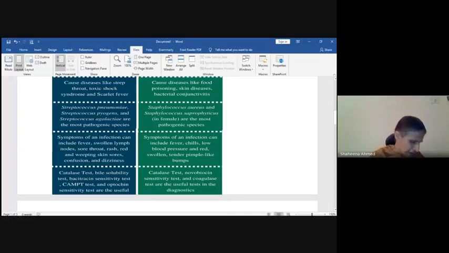Let me see if we can find some more differences also, because this is important. You have to know these differences so you can distinguish between these two very similar microorganisms. Okay, we have basically covered all of this. So now you have a very good idea regarding how we can differentiate. The main difference is your catalase test. That is the test which immediately distinguishes between a staph and a strep. The rest of them are supporting.